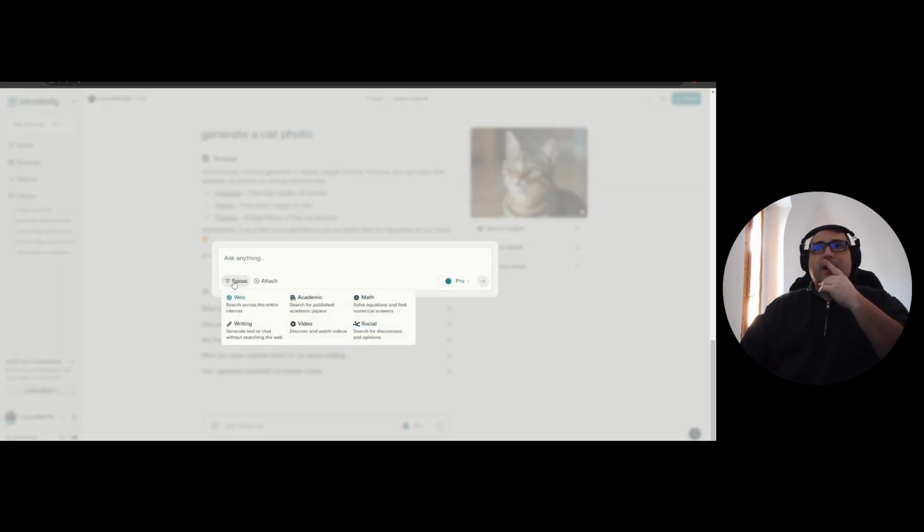Consider that you can add a focus to your search: a focus on the web, academic, math, writing, video, and social. Based on what you input, it will give a relevant response to that. So be very careful to use this in your favor based on the reason you want to use it. So the pro is that it's very good for research and for focusing your research on a specific domain. And the con is that I would not use it heavily for coding with this LLM because it's not